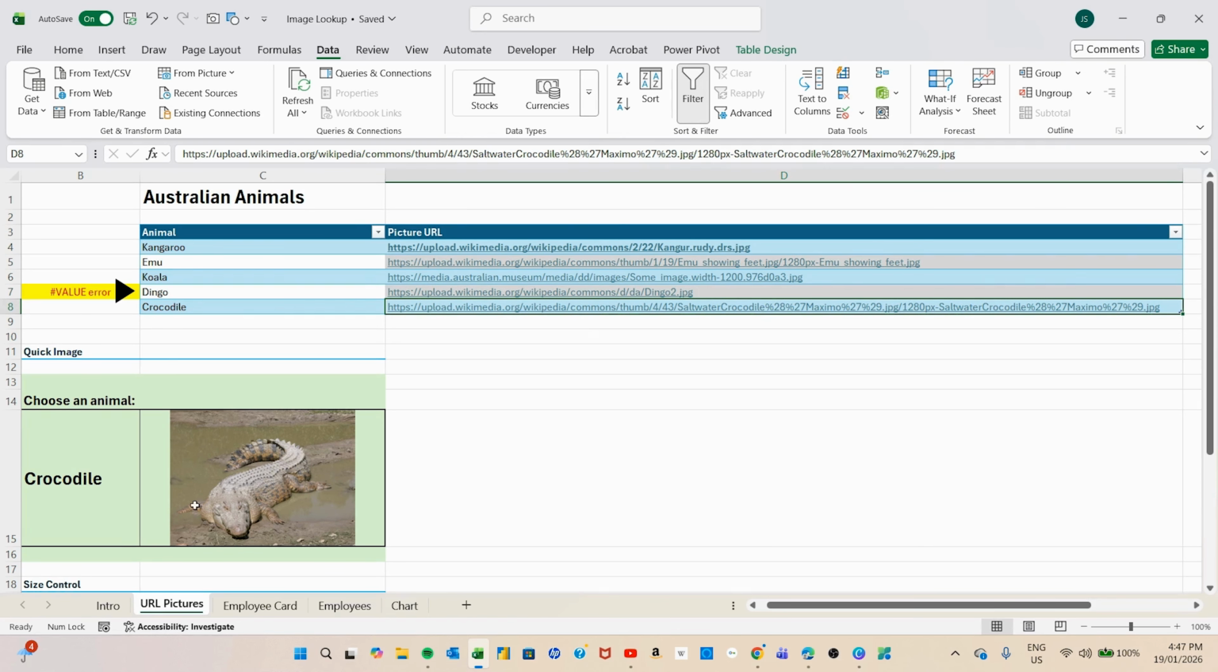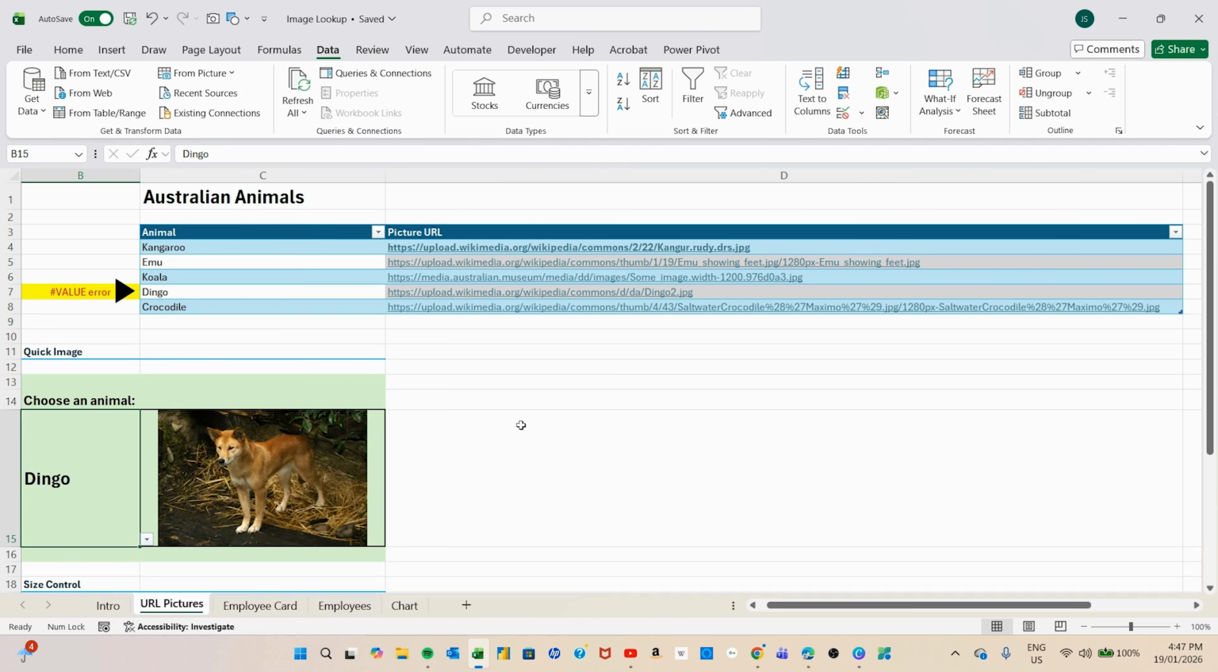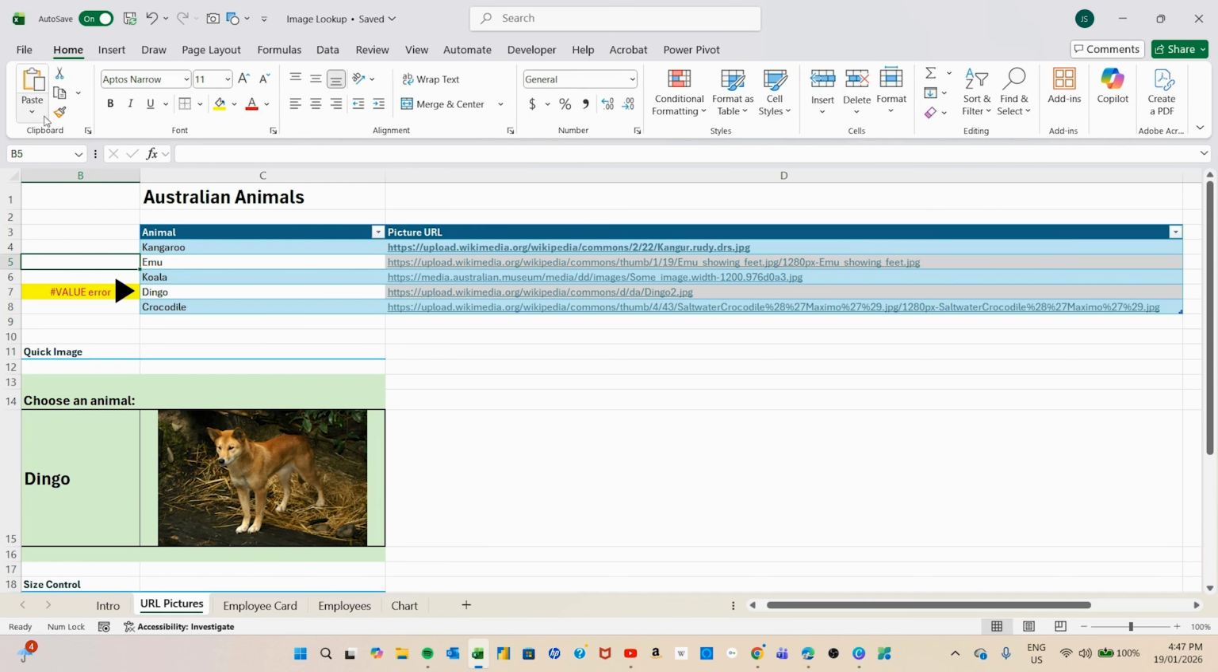Let's have a look at what happens when we now choose a dingo. Bingo, we have fixed that value error. So let's get rid of that. And we have now got our image displayed as we wanted. So that's just a quick explanation of creating our image lookup using a small table which has the names that